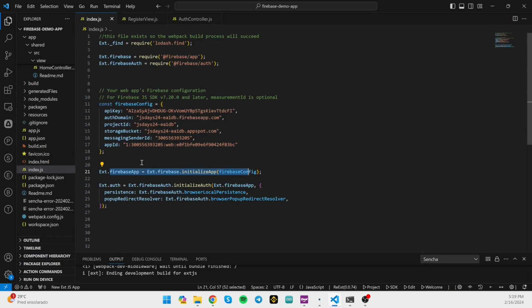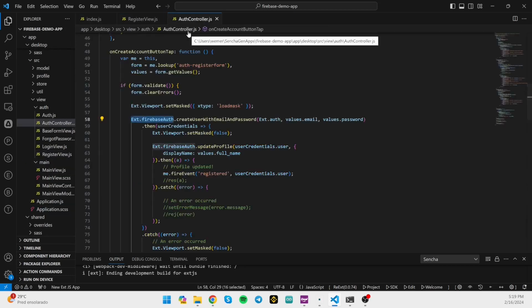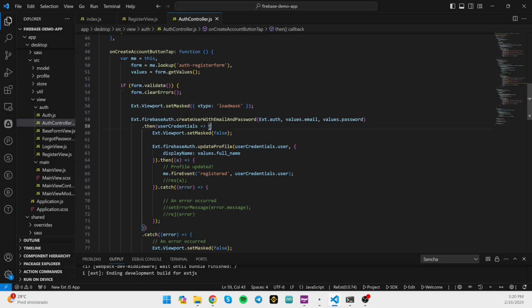So now, after doing that, we can use all the Firebase SDK in the application. Moving back to the auth controller, we call this method, and this method needs three parameters. The first is the auth instance, the second is the email, and the third is the password. If the creation of the user is successful, we unmask the screen and say the user was just created. We update the profile, passing the full name to the display name property, and then we